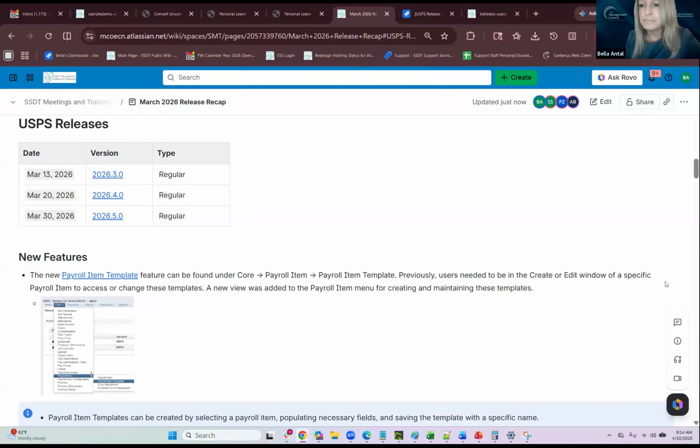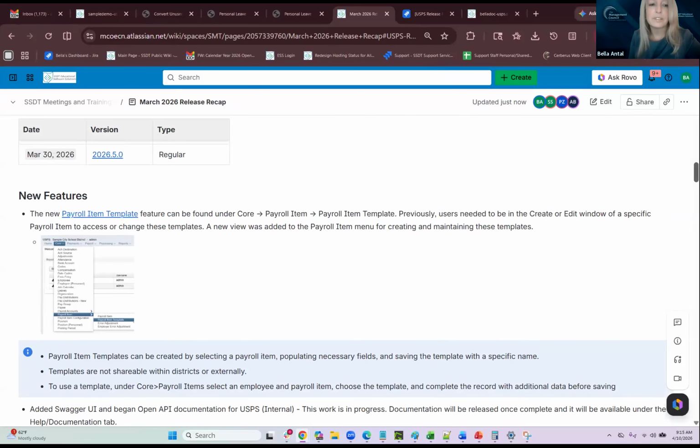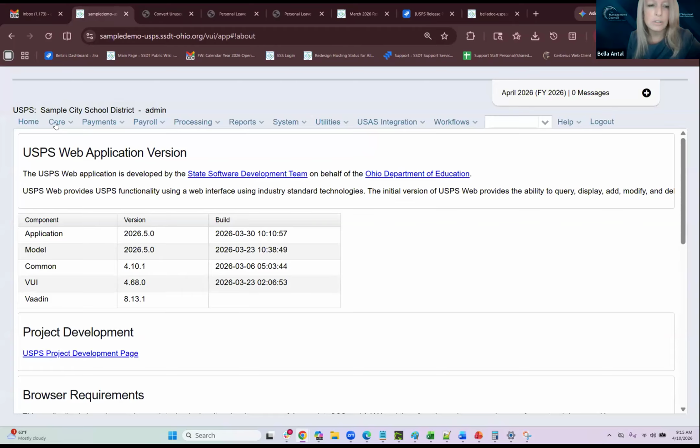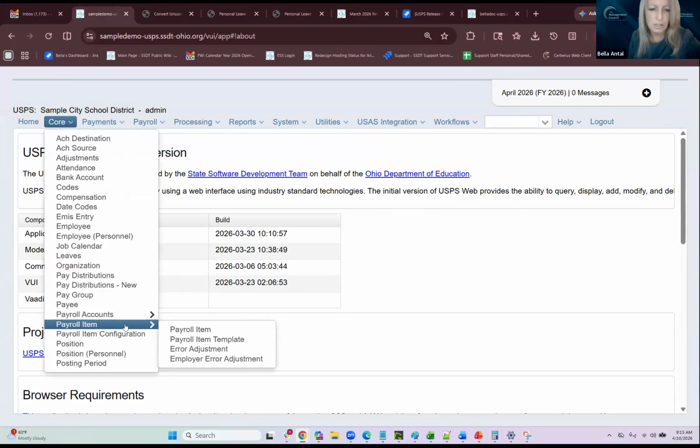Okay, so the very first item is a new feature, which is, as I mentioned, part of the roadmap. There was a request for the payroll item templates to be added to the actual payroll item grid, which was not an option. So the developers found a workaround and they created its own designated area. So it's still within the payroll item. So under core payroll items,